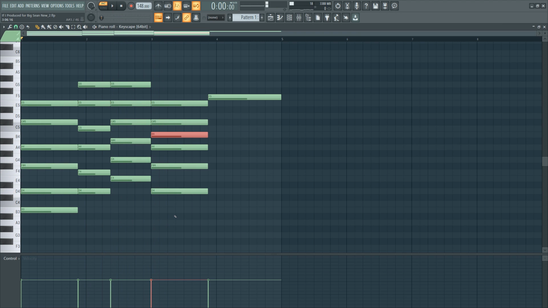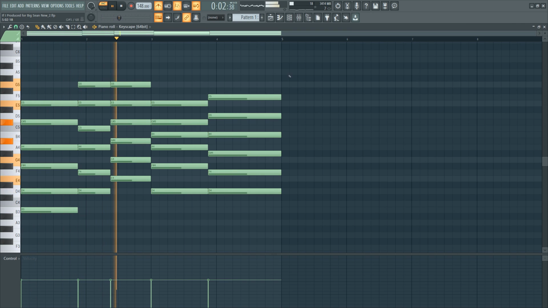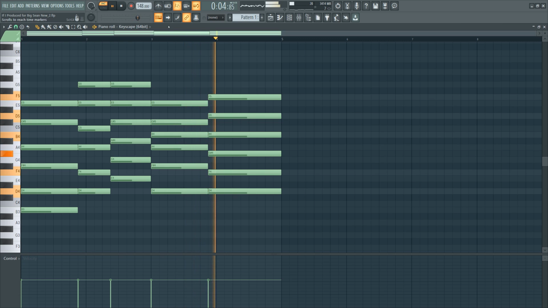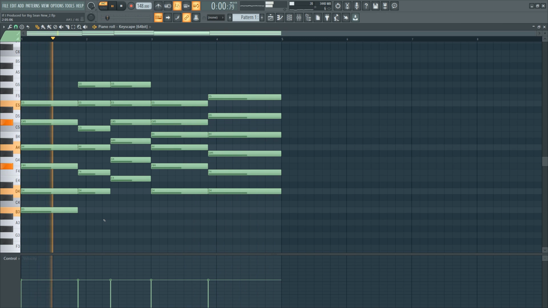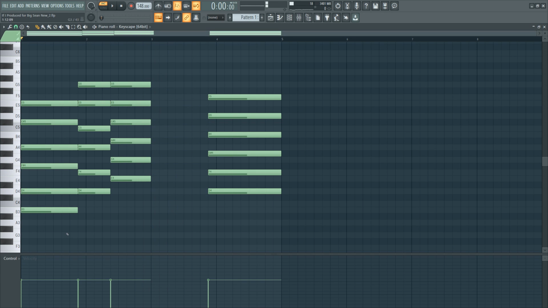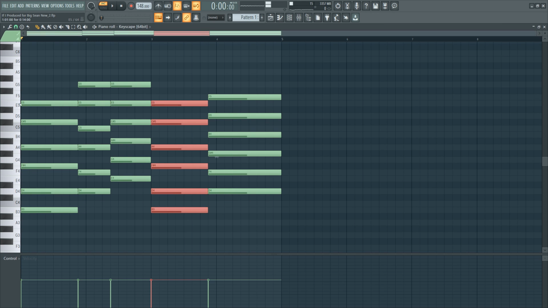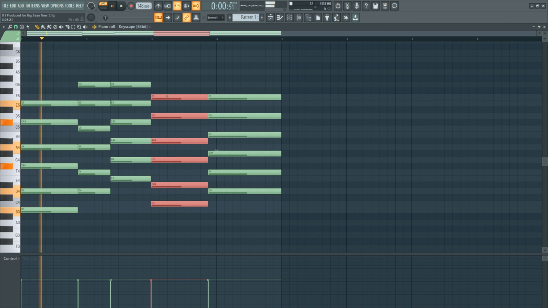So what I'm going to do is collapse the chord by pulling stuff up an octave, or inverting the notes. So I'm going to copy this 3 chord over here. So now you have that vibey sound. Now the only thing is, this chord, I might just copy the chord over. I forgot what the chord was.